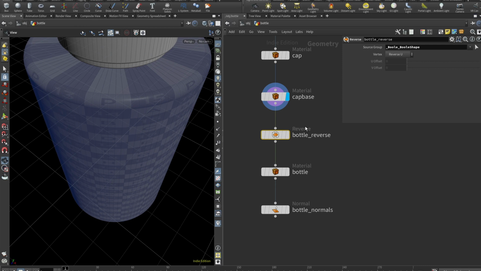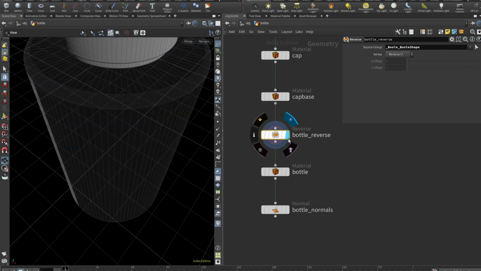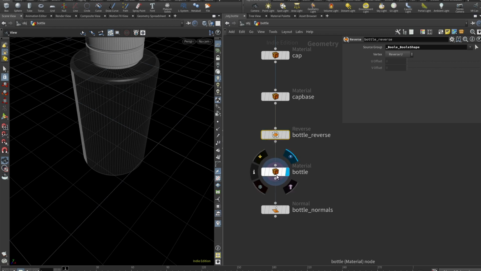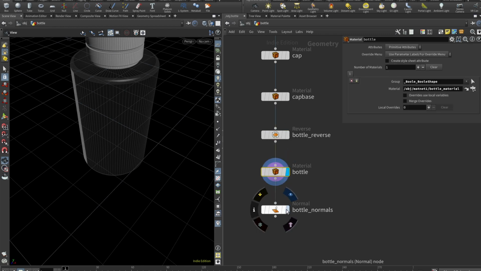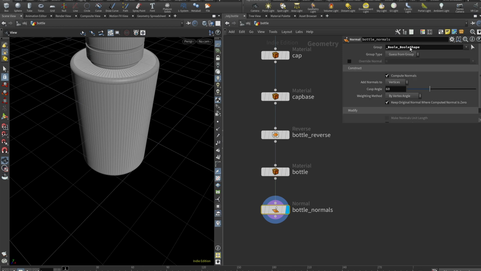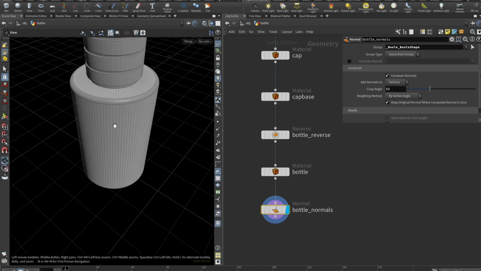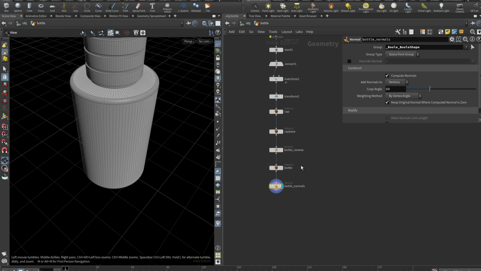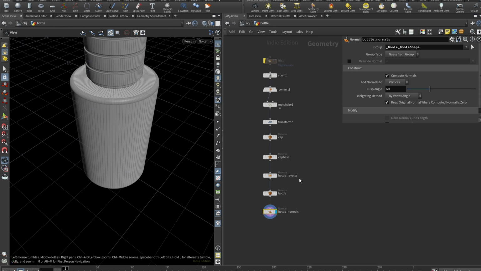So here in the reverse, we can source our group, which is bool shape, which is this bottle. We can reverse it, so only this part is reversed. And then I apply the material, and then of course we will need to fix the normals. And here in the normals you can also set your group to be only this one. That's the thing I really love with Houdini. You can target any sort of group anywhere. Just think about it, let it sink in, because this is one of the crucial points in the